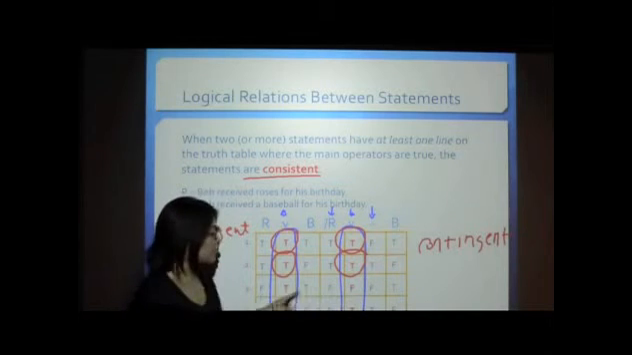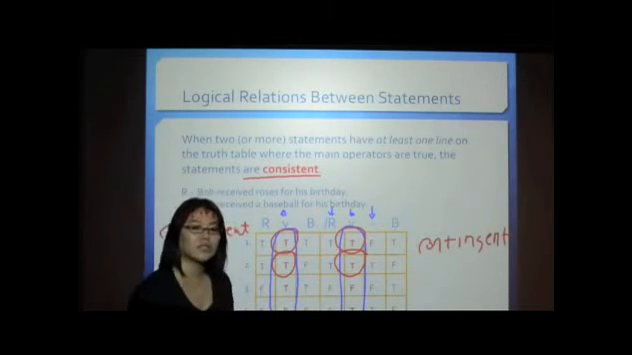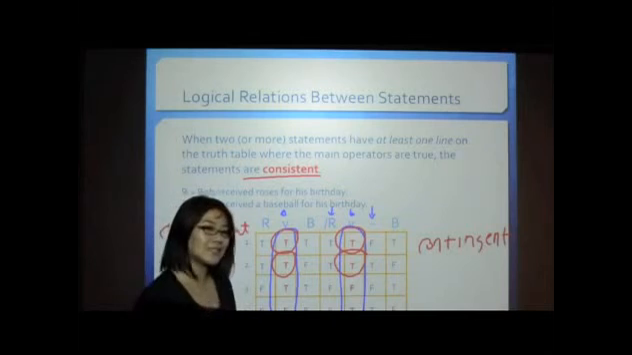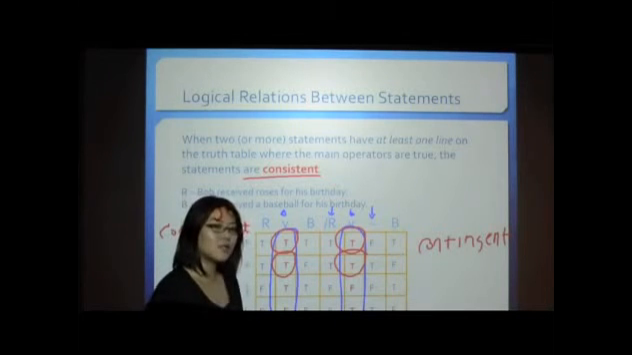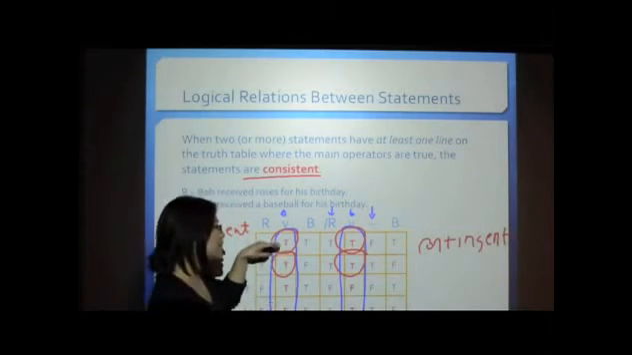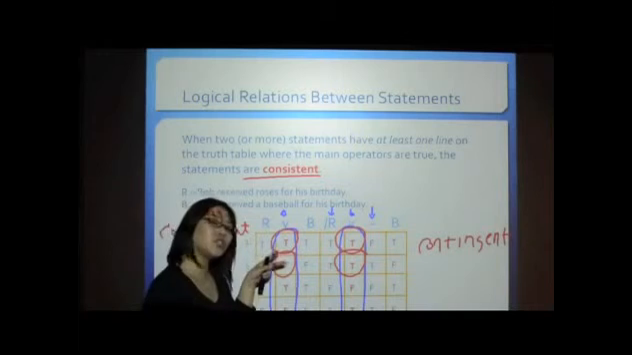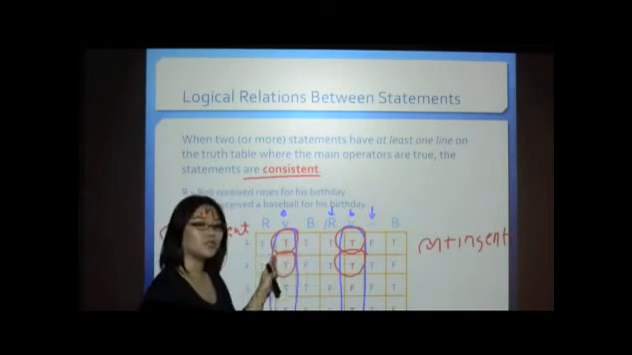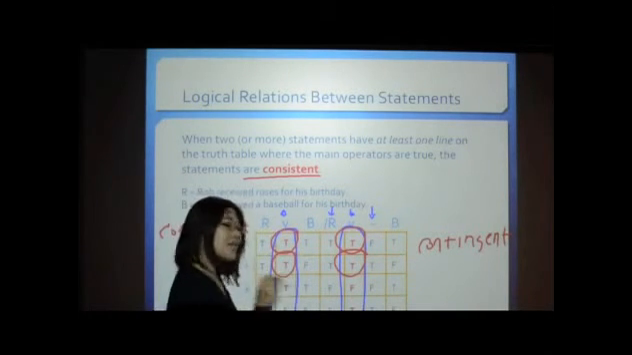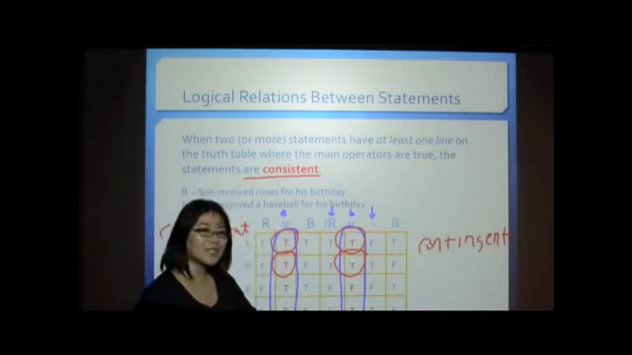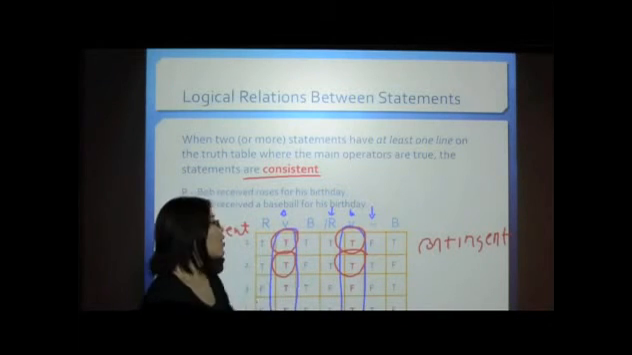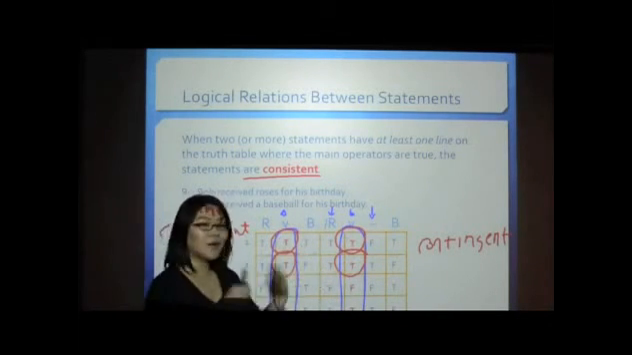Now, they have the opposite truth values here, but that's not what we're concerned with when we're concerned with consistency. When we're concerned with consistency, we want to know, is there at least one line in which the statements can both be true? And here, there are actually two lines where the statements can both be true. What this tells us is that there's a possible case where these two statements can both be true